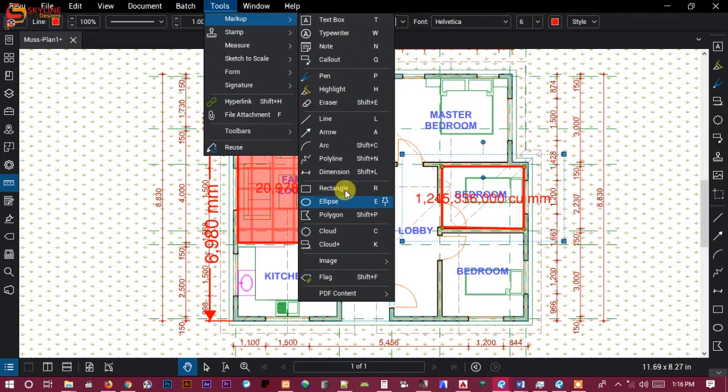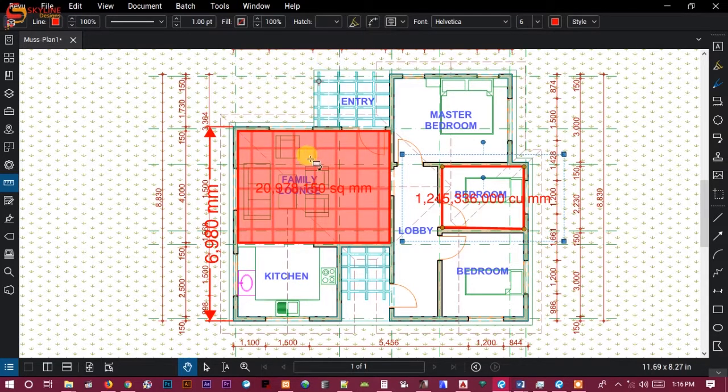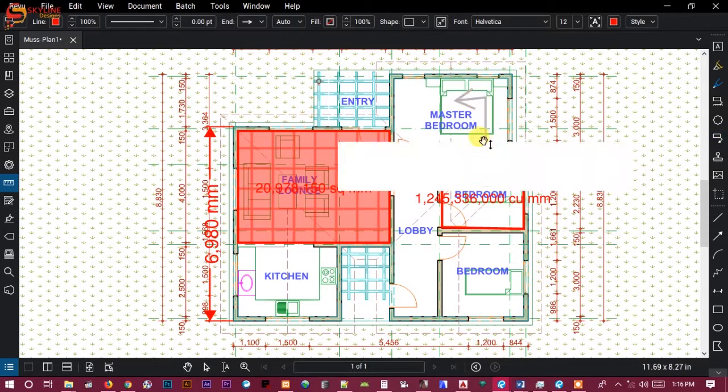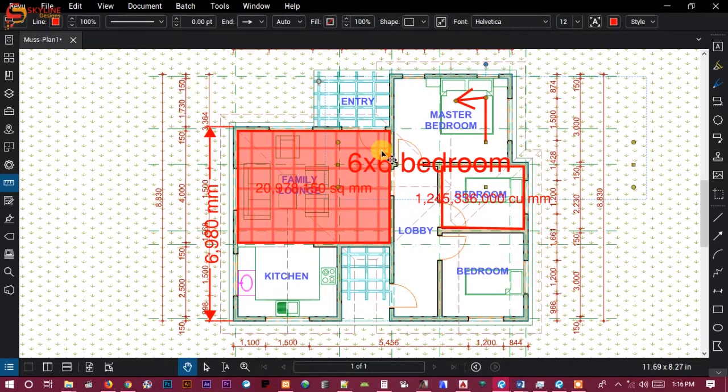So let's get started with a callout. The callout tool helps to write text anywhere in your document. If I want to write a text here, just click in the area that you want to write, and then drag your mouse and then click and type your text. Once you are done, press Escape,